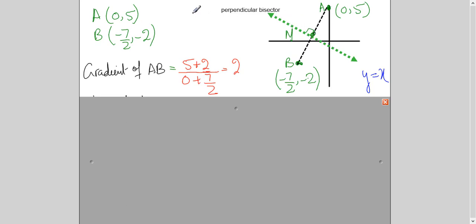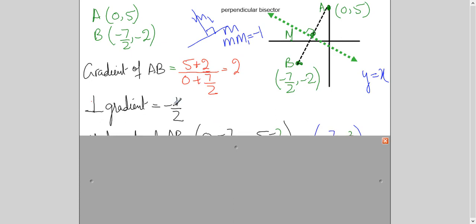You know the relationship between the gradients of two lines which are perpendicular to each other. If you multiply the gradients of lines which are perpendicular, the product is -1. So it simply means if you find the gradient of line AB, like I have found here, y2 minus y1 over x2 minus x1, I got 2. So the gradient of the perpendicular line will be the inverse of it with the opposite sign. The inverse is 1 upon 2, and this is plus, so I will take -1 upon 2. This gives me the gradient of the perpendicular line.